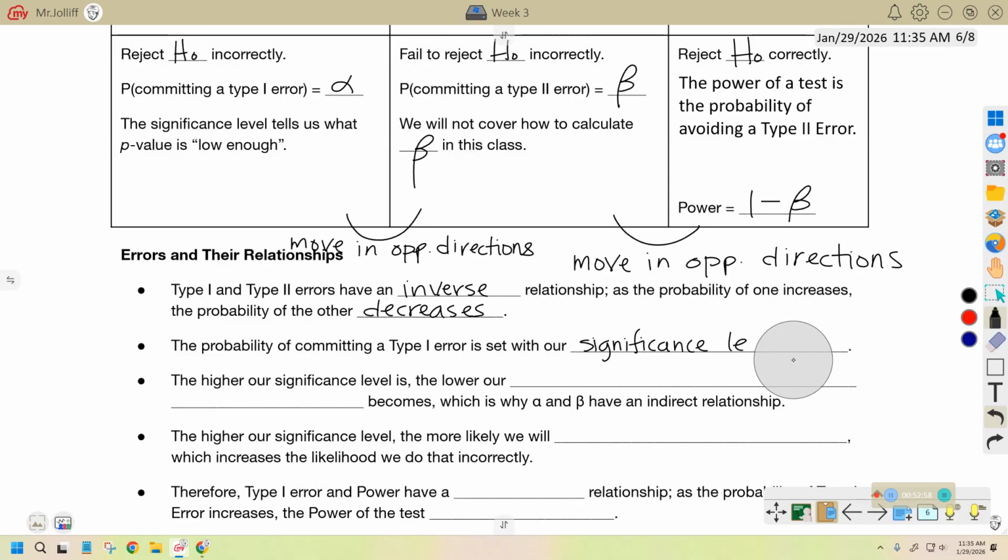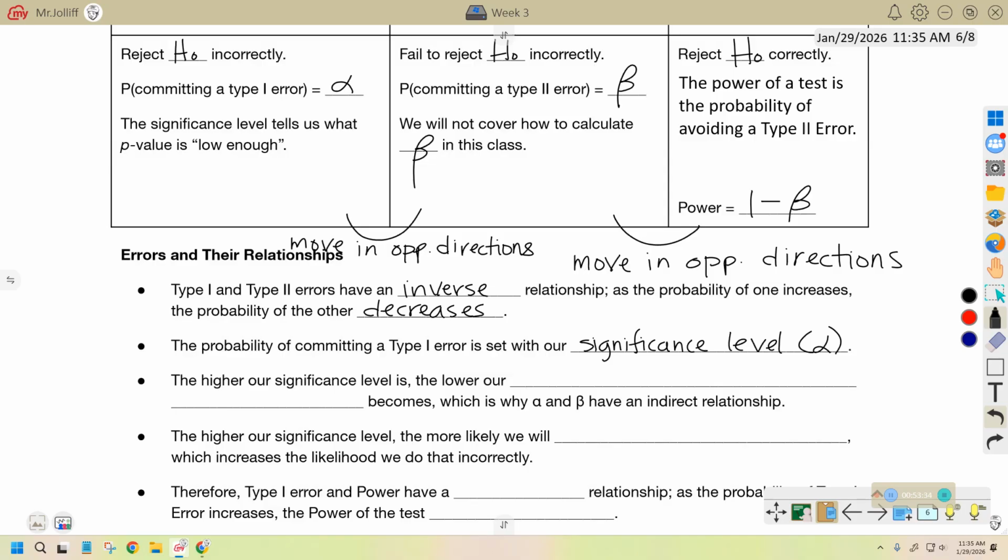As a statistician, that is something I have control over. I choose my significance level at the start of a test. I have direct control over what the probability of committing a type 1 error is. The others will then fall in line with that choice. So if I want to change beta or power, the fastest way to do that is make a change to alpha, because that's the thing I have control over. The higher our significance level,